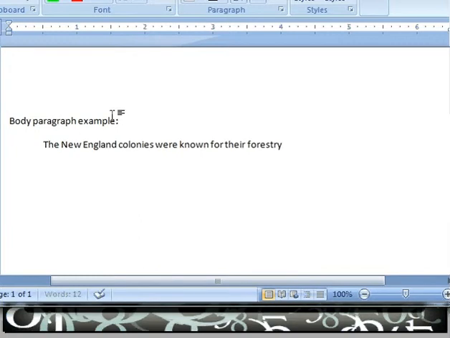So that would be geography here that I'm talking about. Their forestry, also maybe economics. Religious freedoms, that might be the Puritans or what have you. And other things. Okay. Now, if I was going to write a paragraph about the item, I might say,